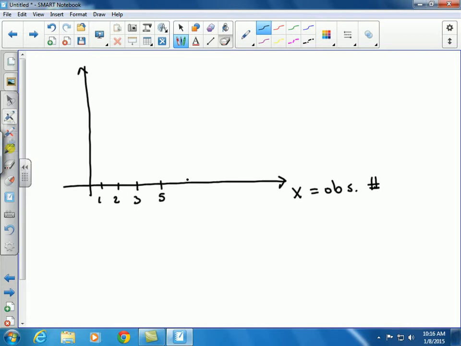Let me go to my eraser. Okay, go back to my pen and go to 4 and then go to 5. So this 1 is really representing x sub 1, and this is x sub 2, and so forth, where these are the actual